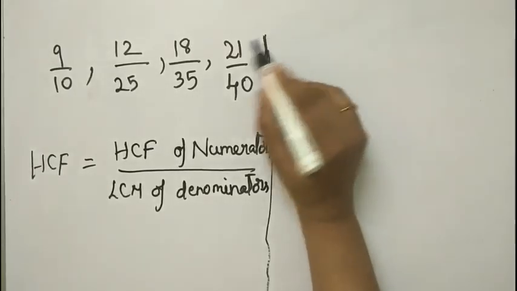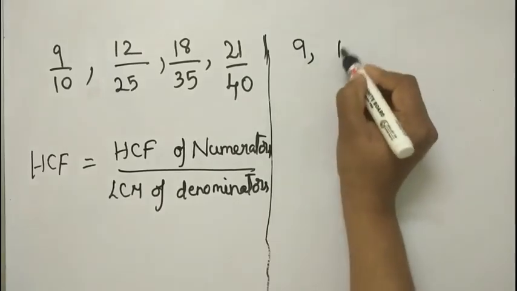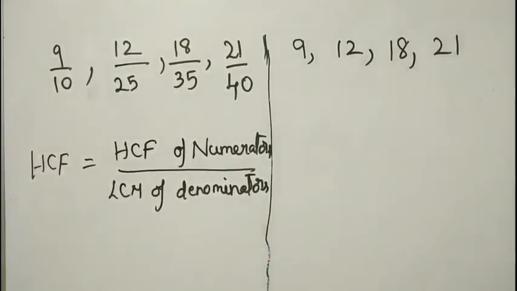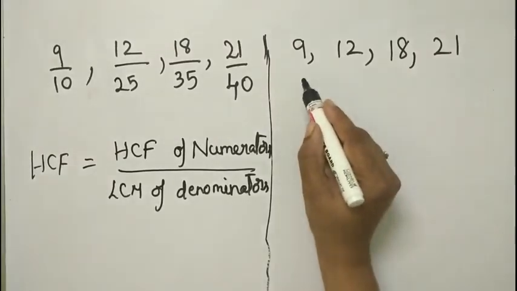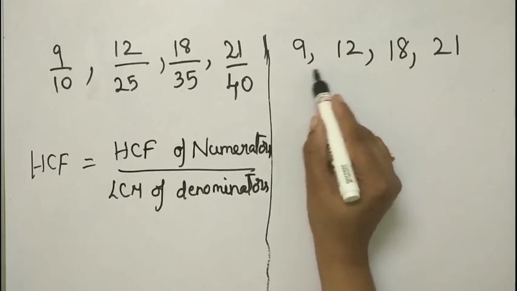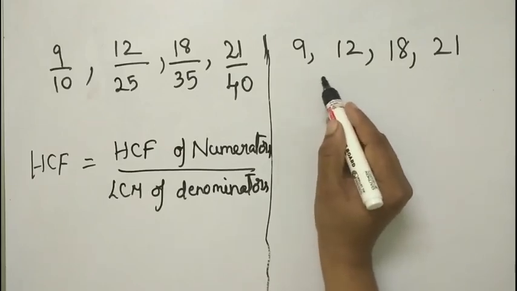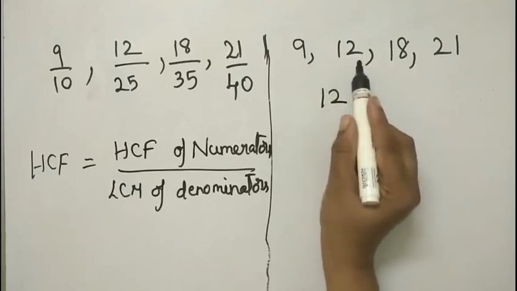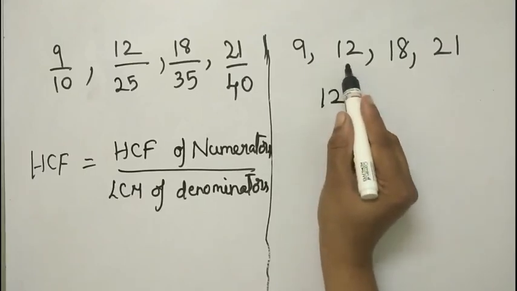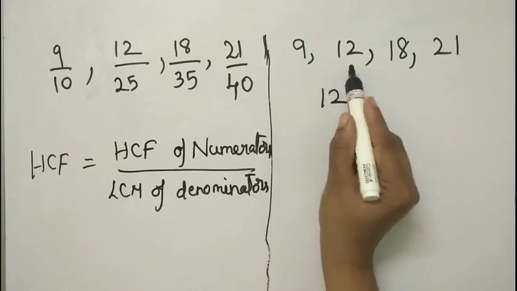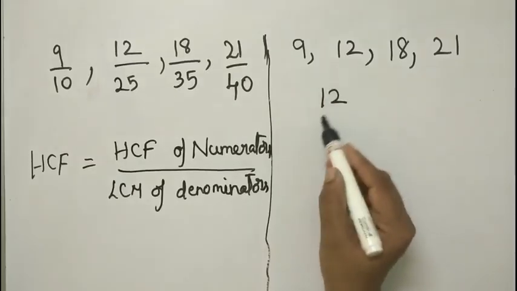Here the numbers in the numerator are 9, 12, 18, 21. Is it not? We have to find the HCF of these numbers. It is enough to find the HCF of these two numbers. Okay. As it is HCF, if we find the HCF of these two numbers, the same will hold for the remaining numbers also. So let us take 12. In 9, let us check where you will get a number less than 12. 9 into 2 is 18. So if you take 9 into 1, you will get a number less than 12. So 9 into 1 is 9.